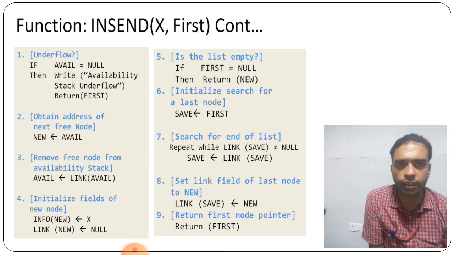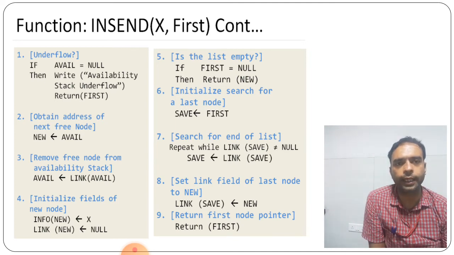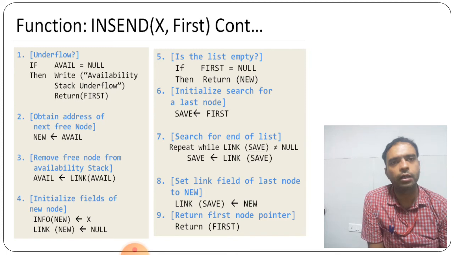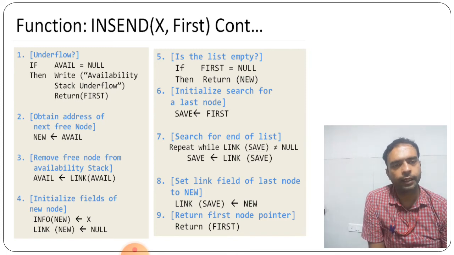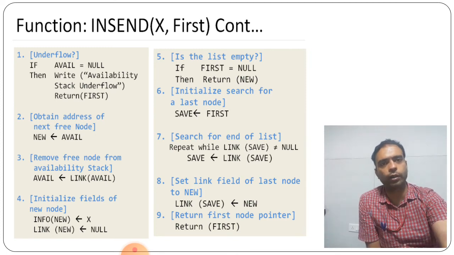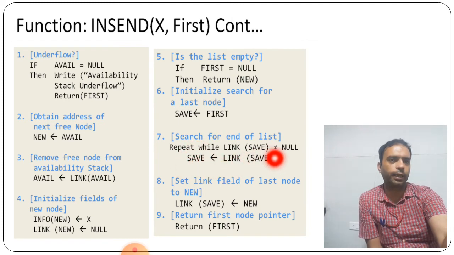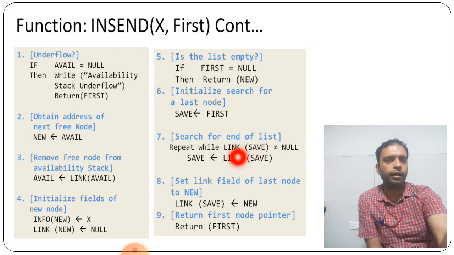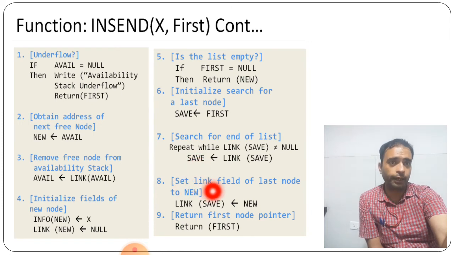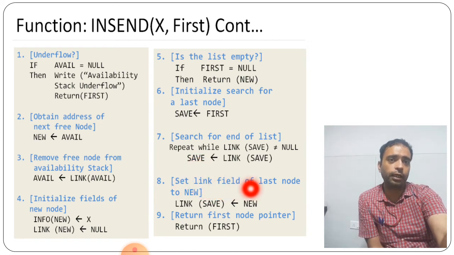उसका लिंक का जो सेव पार्ट है, जब तक नल नहीं आएगा तब तक वो कंटिन्यू करेगा, वो नेक्स्ट में जाता रहेगा, नेक्स्ट नेक्स्ट नेक्स्ट करके जाता रहेगा, क्योंकि हम लोगों को एक एक करके विजिट करना पड़ेगा वो चेक करने के लिए कि लास्ट नोड में जो नल वाला लिंक है वो कहाँ पर है. तो एक एक करके वो चेक, एंड फाइनली इसके अंदर सेव नल आ जाएगा. देन फाइनली उस लिंक के अंदर हम लोग न्यू पार्ट को इंसर्ट कर देंगे, एंड फाइनली it will return the first.